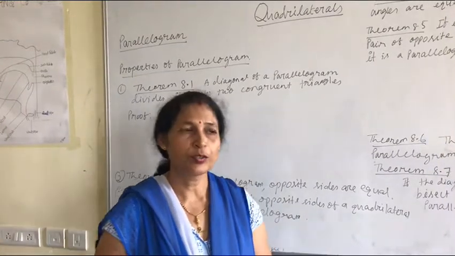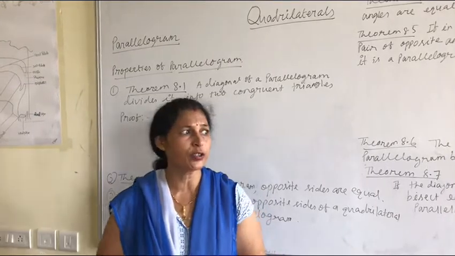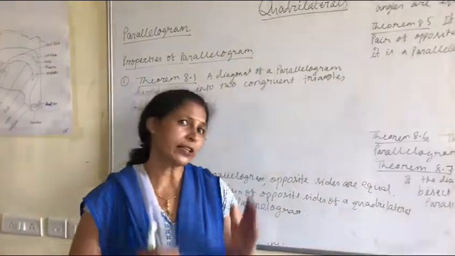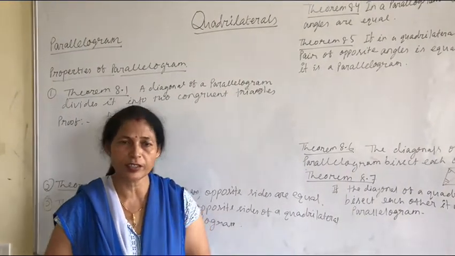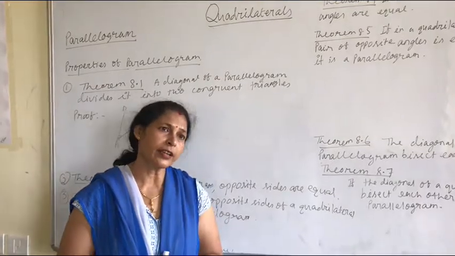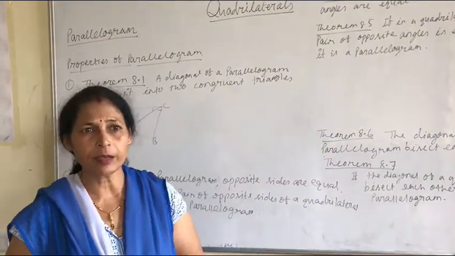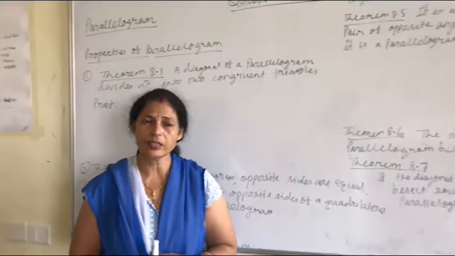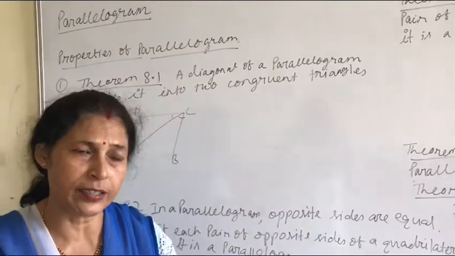Dear children, today is your third video on quadrilaterals. I already explained quadrilaterals, what a quadrilateral is, and the types of quadrilaterals in the previous videos. Now, today, types of quadrilaterals. Again I repeat: trapezium, parallelogram, square, rhombus, rectangle. These are the special types of quadrilaterals.